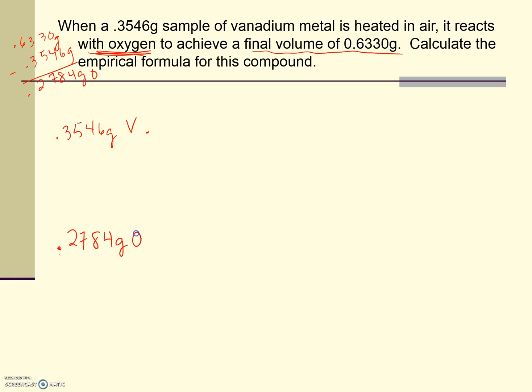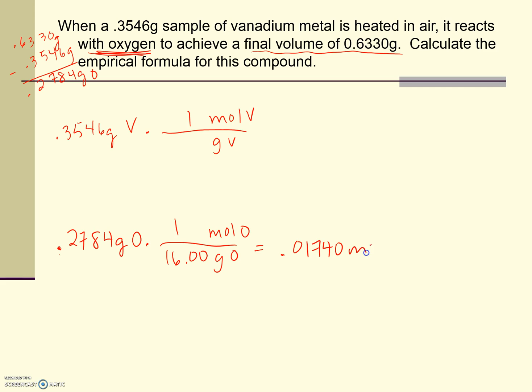0.2784 grams of oxygen. There's my first step. Now, determine the number of moles. Grams vanadium, moles vanadium, that's going to be 1. Grams oxygen, moles oxygen, and again that's going to be 1. This is 16.00, and when I solve that I get 0.01740 moles of oxygen, and this is going to be 50.94 for the gram formula weight, and I get